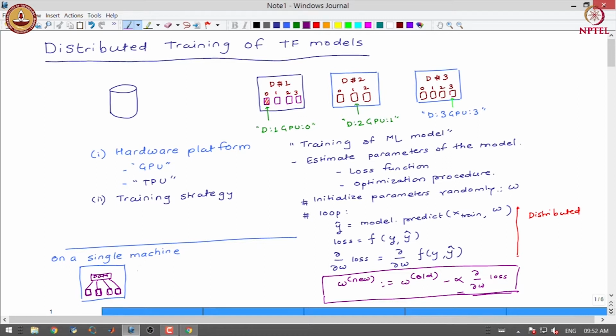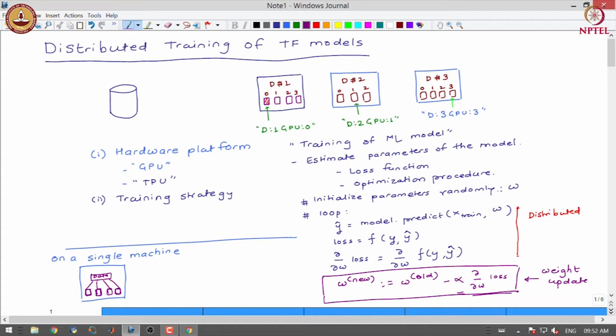And then what we do is we use an algorithm to collect all the gradients and perform the weight update. So, we use all reduce strategy to do the weight update, and the updated weights are made available to each of the GPUs.